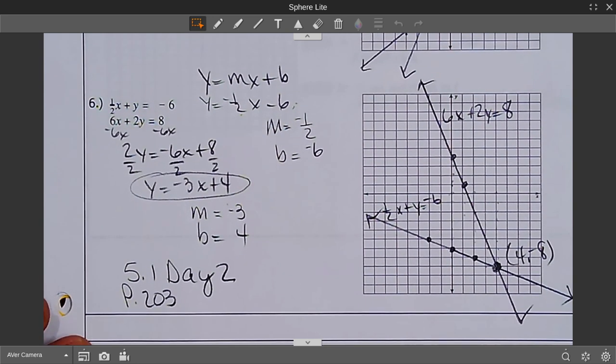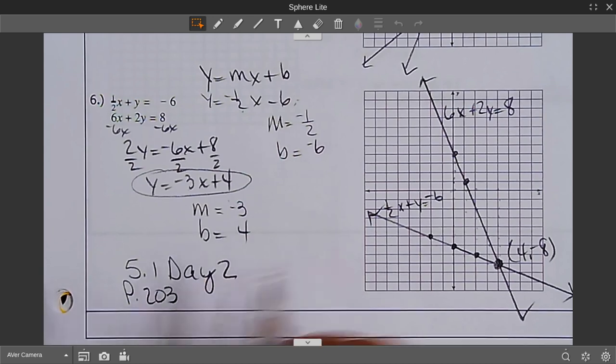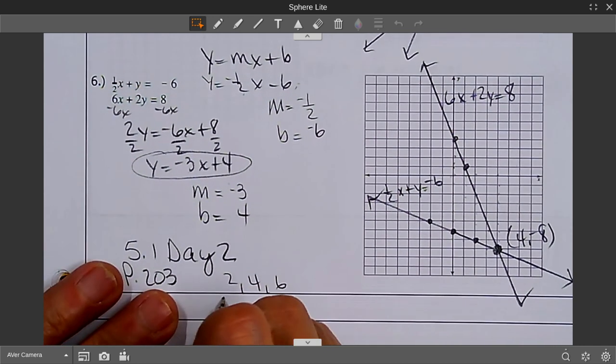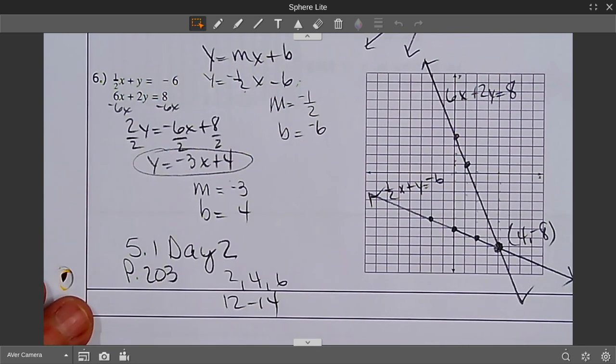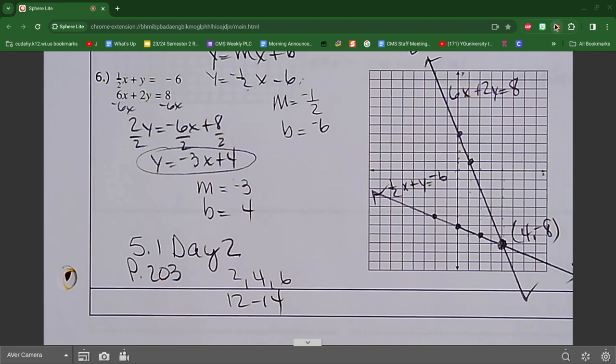No. Okay, well, as you're working, you can ask for help. So both of these assignments are going to be open for you today. If you get them both done, great. I don't think you will, but you should at least get day 1 turned in before you leave, and day 2 we'll go over on Monday. So it's going to be numbers 2, 4, and 6, which are review, and then 12 through 14 are the new concept. That's where I got the 14 from when I wrote this before. Should have been 18, but you're good. Get to work, please. This one's only 6 problems, so